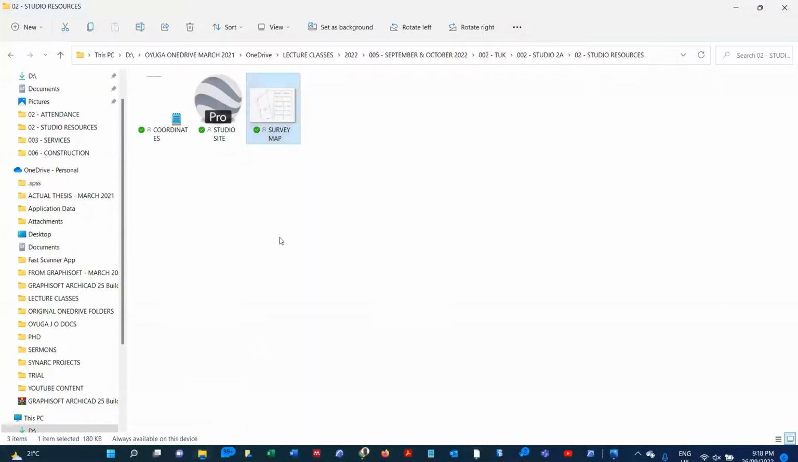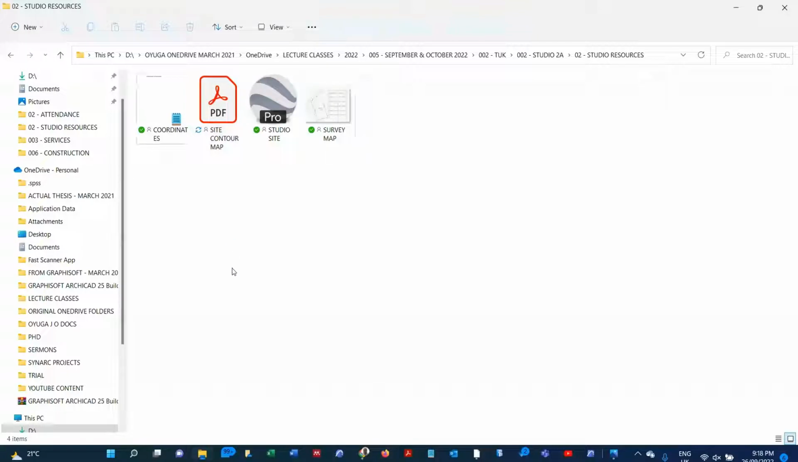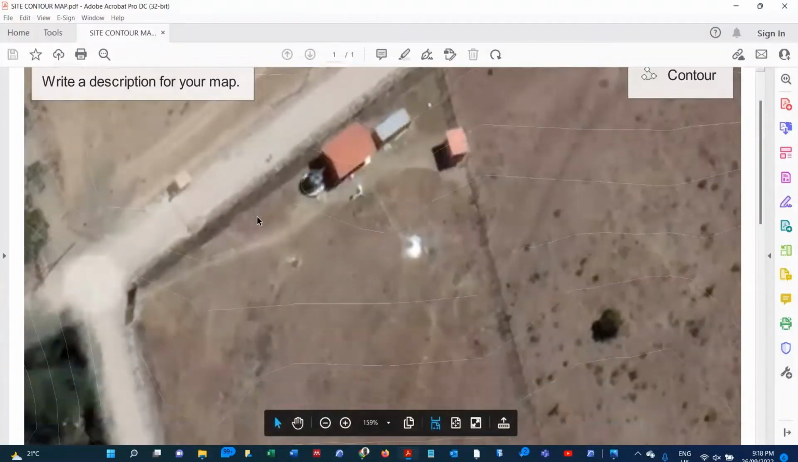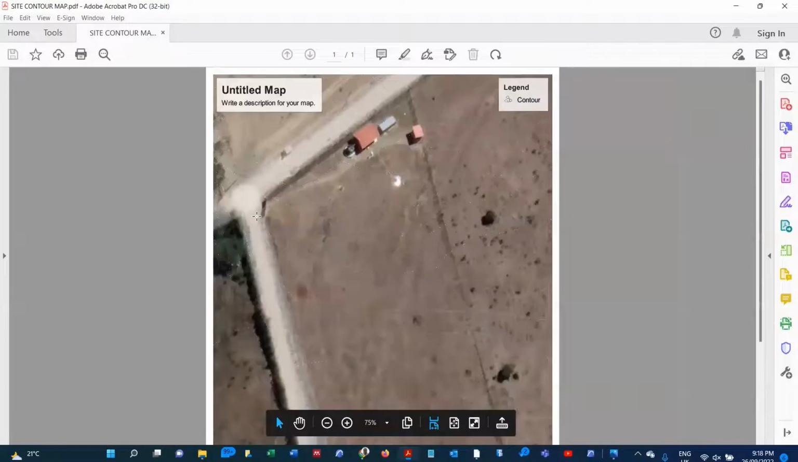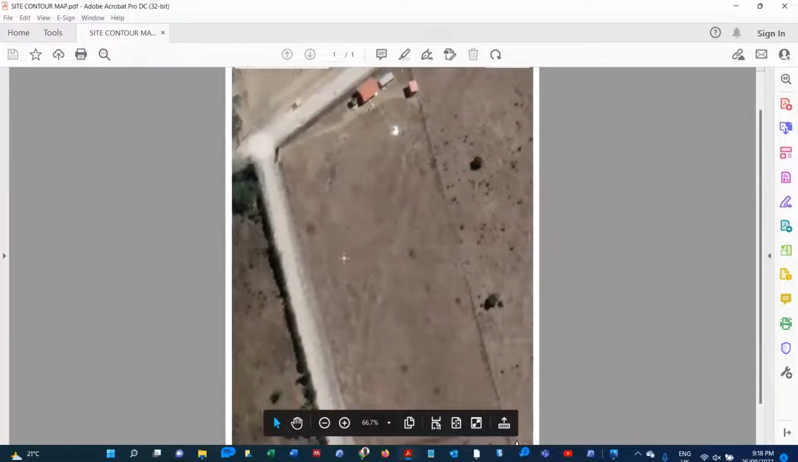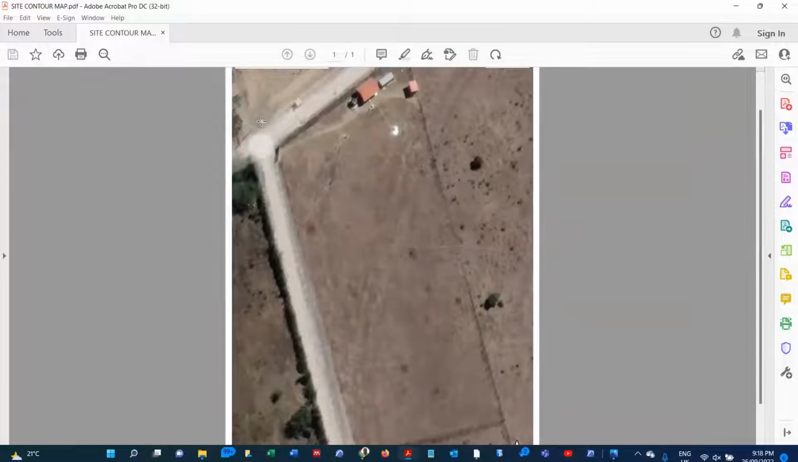So in our case, go to our site. Here it is, site contour map. Let's open and see what we are getting. We are getting our site, and you can see the contour lines. As thin as they are, you can see them. So my task for you will be to print this in an A4, and then you pass through the contour lines